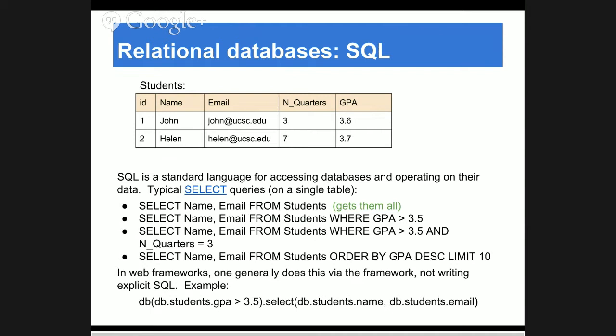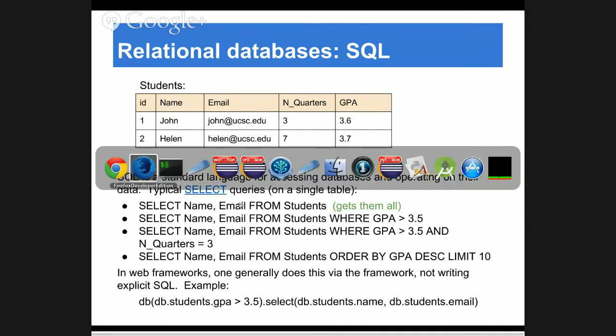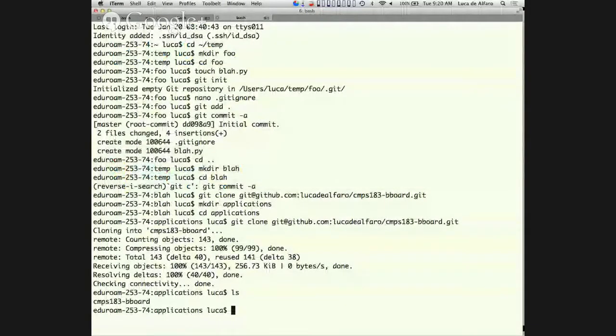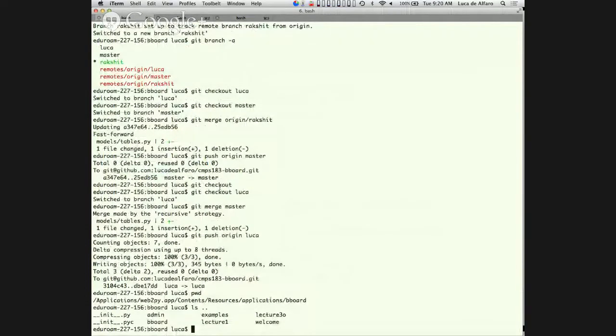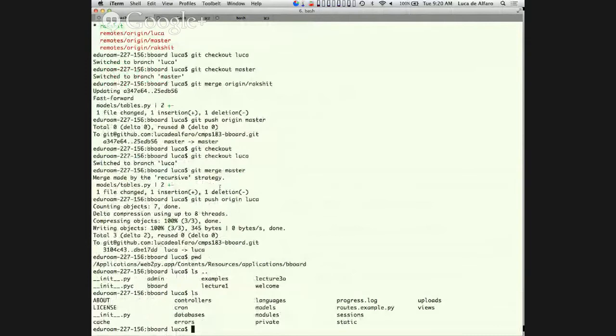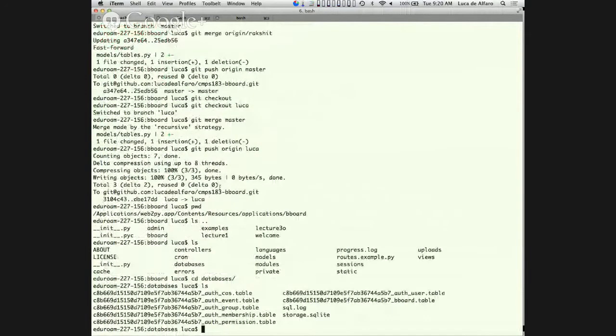Yeah, but actually, I can use the one from my bulletin board. Okay, so this may be a more useful example for you. So let me go to the bulletin board application. You see there is this databases directory. I can go there, and there is this storage.sqlite. That's my database. So I can say sqlite3